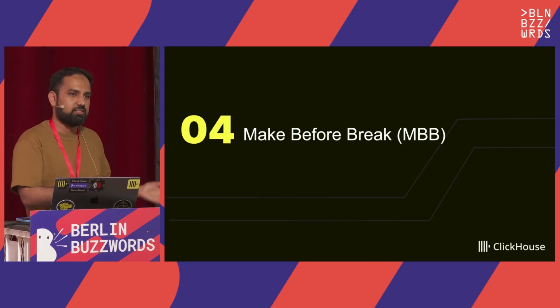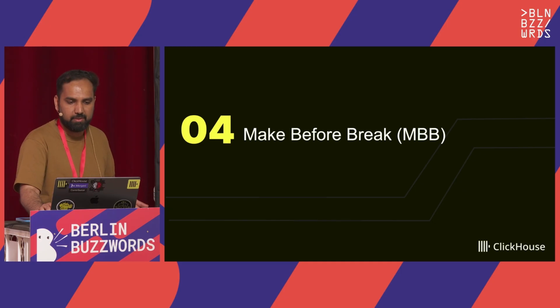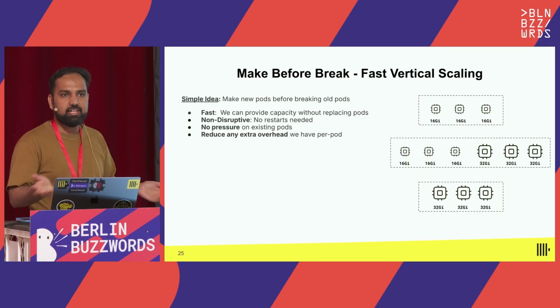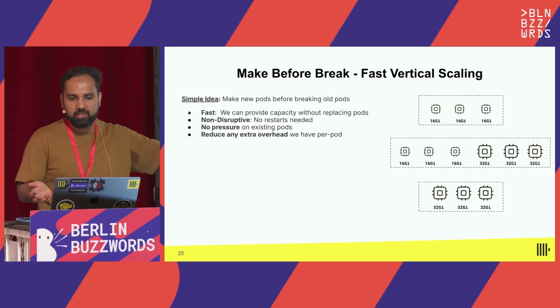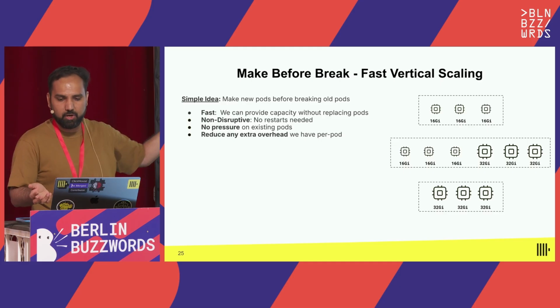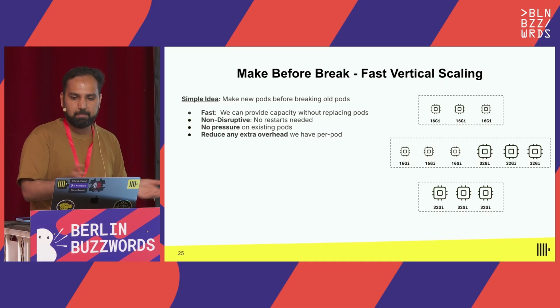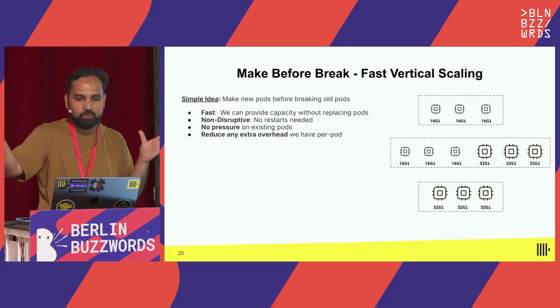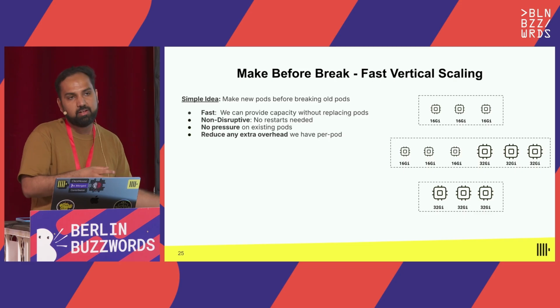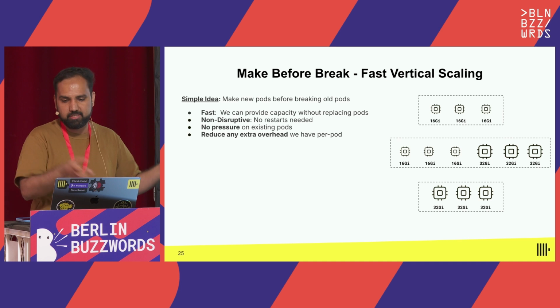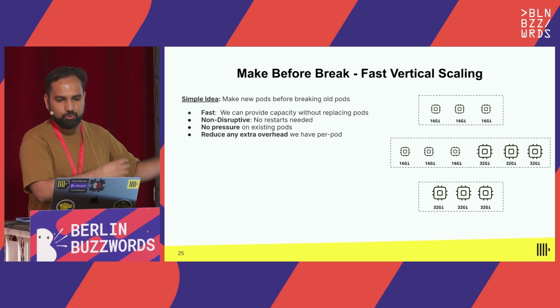So we decided to go with a slightly different approach, which is what we call MBB, or make before break. And here the idea is fairly simple, right? You just add more capacity. As you see on the right here, you had 16 gigabyte pods each. You just add the bigger size pods horizontally first. And because of the mutating webhook that we discussed early on, these replicas are going to come up in a bigger or newer size. And then you just take away the old replicas.